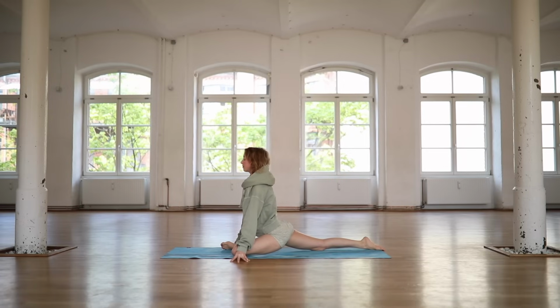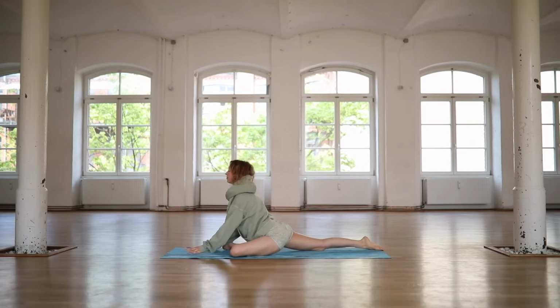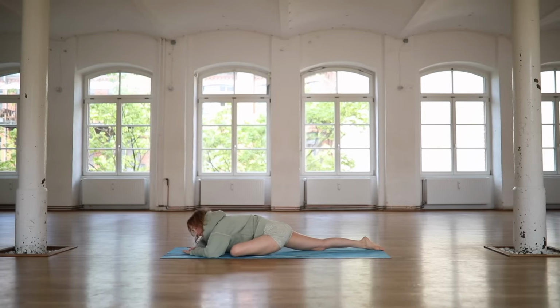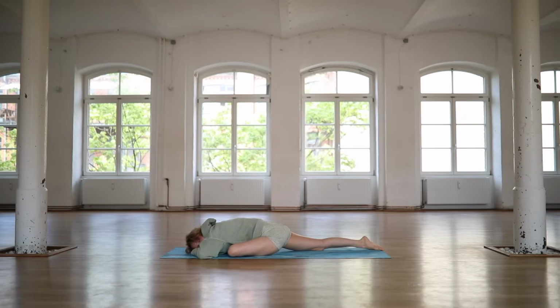And again, we have the option here to stay upright and slowly, slowly sink forward, maybe finding a pillow underneath your head, maybe shifting the left foot closer to your hip. Find your version of Pigeon Pose, using the breath as a tool